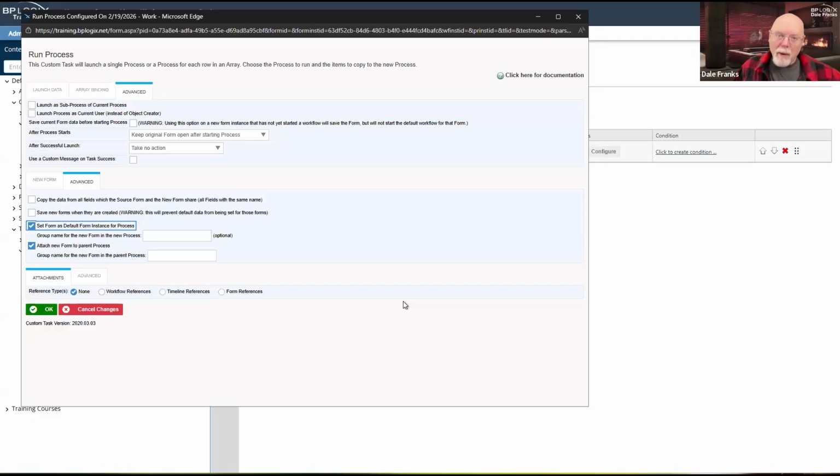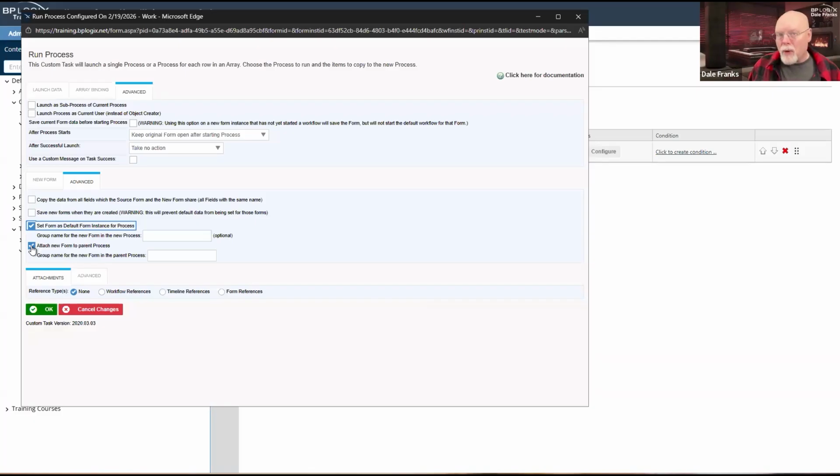And so therefore, when my sub process is invoked, the end user sees the parent form. Now, sometimes a sub process has a new form, or in a sub process, I may also add attachments or whatever. And so by default, what we want to do is also, if there is a new form associated, we want to send that back up to the parent process.